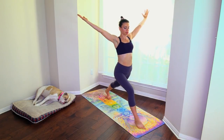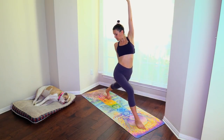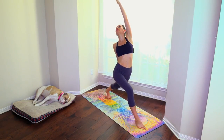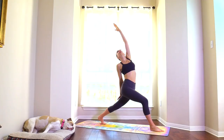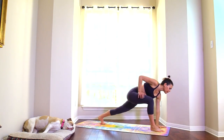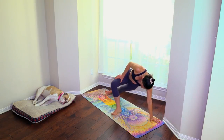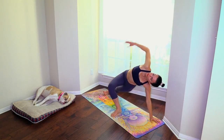Open the arms out, spin, twist to your right, take the right hand down the left leg and bring the left arm up, look up. A little more of a twist here, great. Exhale, left hand on the floor, roll onto the outer edge of both feet, and you can bring the right foot in front of you,